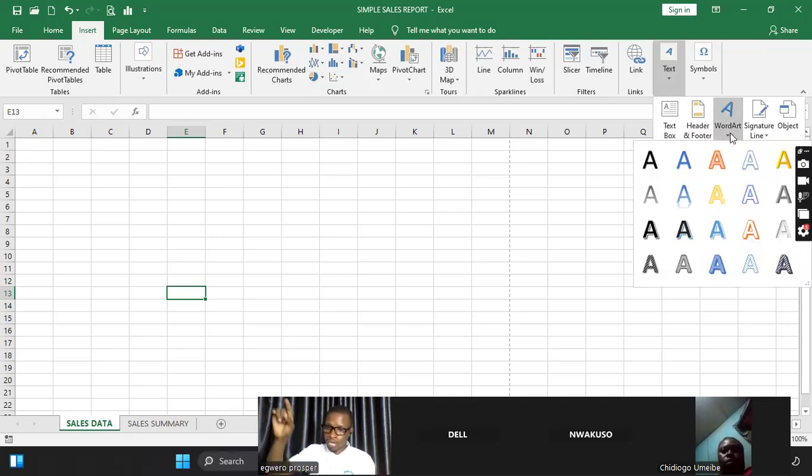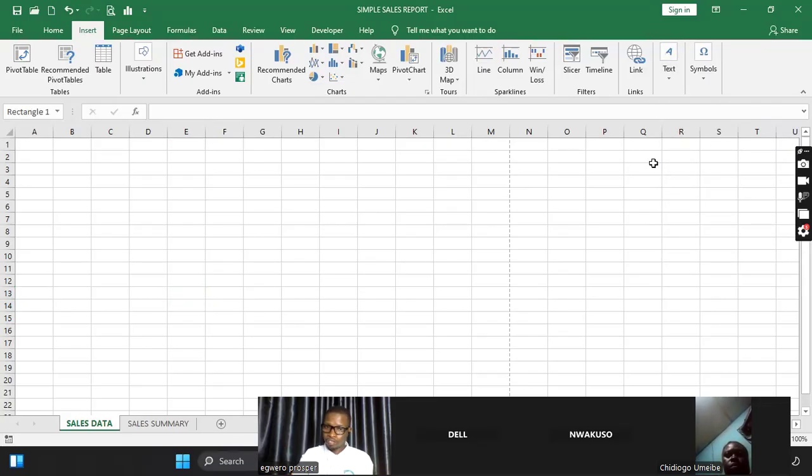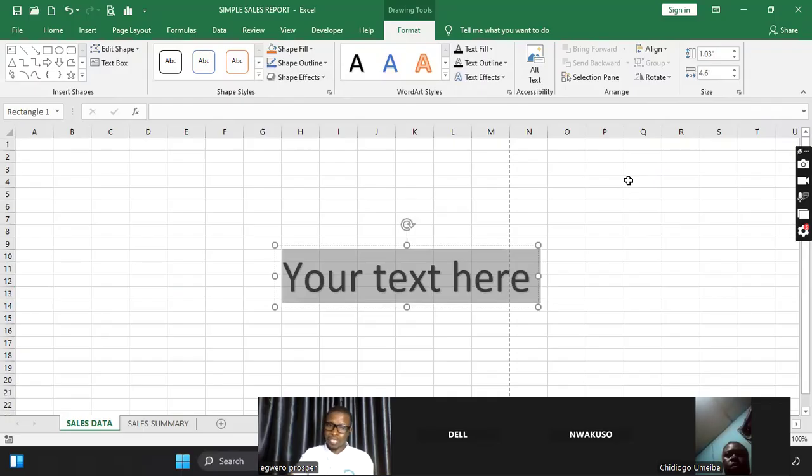Remember, we talked about Word art. Even in Word, I told us that 50% of what we have in Word, they are here. So I'll say, okay, I want to use a particular template to write. So what do I want to write? The name of the organization that I am building this data system for. So when I'm done, I'm going to hand it over to them and they pay me. So they will now be using it as long as possible. So now I will say the name of the company is Digitech